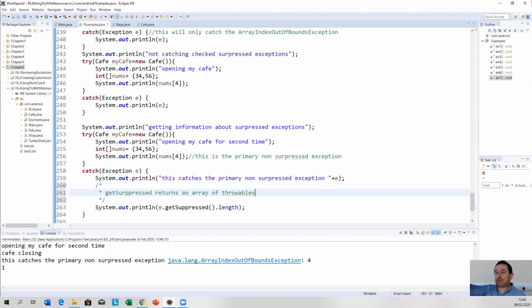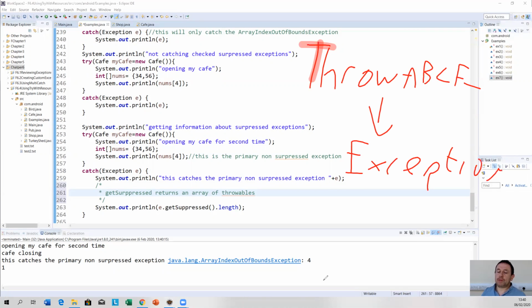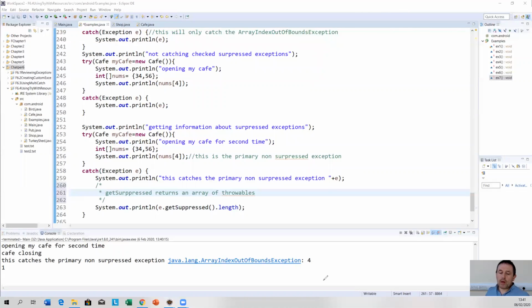So Throwable is the superclass, then we have Exception. And what's the superclass of Throwable? Object. So getSuppressed returns an array of Throwables